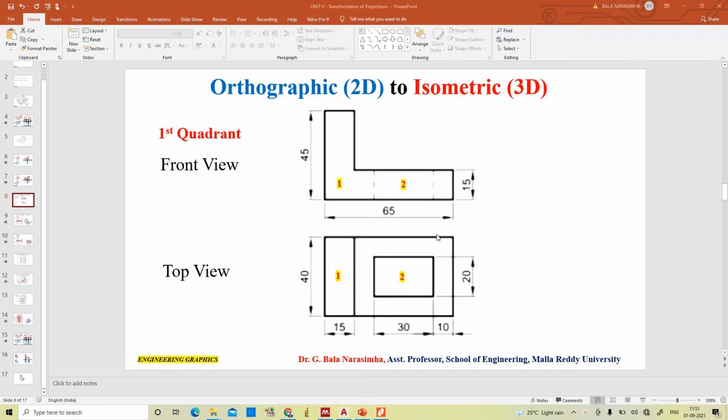As we know, using the isodraft mode, F5, by shifting to isoplane right, isoplane left, and isoplane top, we constructed isometric views. By using that method we can construct the isometric view of a 3D object, and there is one more method in AutoCAD. So that is nothing but, you can see here,